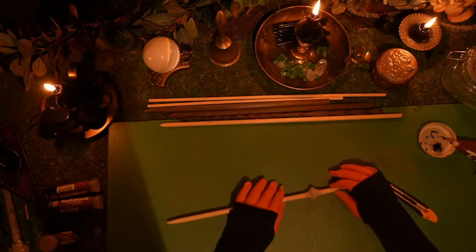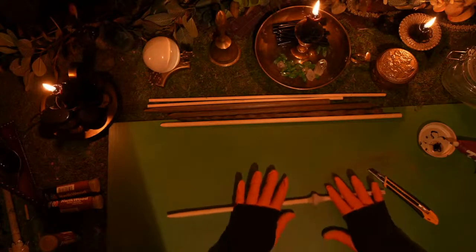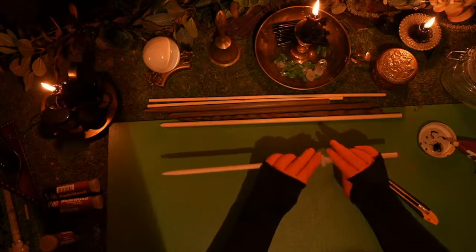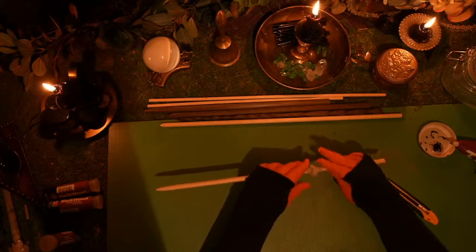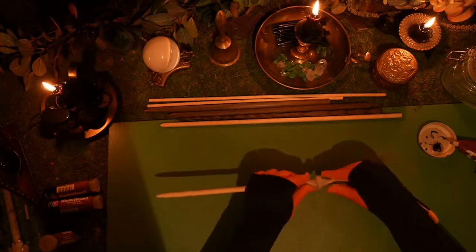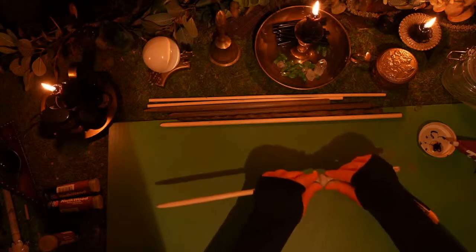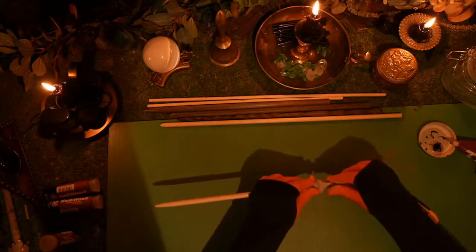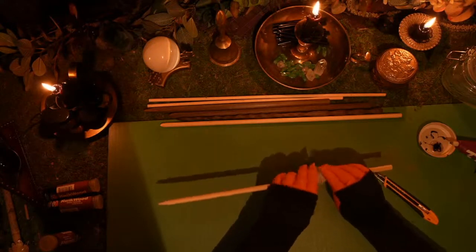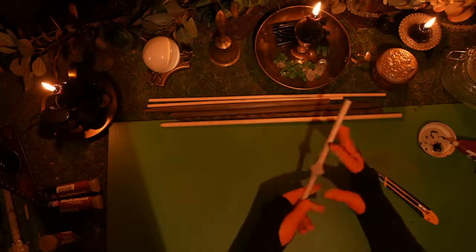Maybe I will flatten this out a little bit. I'm going to roll it, and then work it some more. As it hardens up, it makes it really nice and sculptable. I think I just picked up some debris, so I'm going to pinch that back out. It's not quite hard enough for me to feel like I can get a good